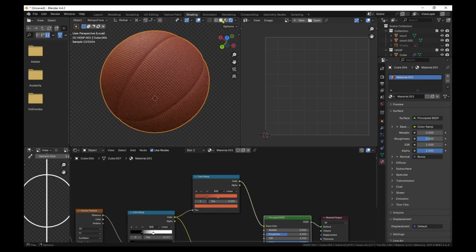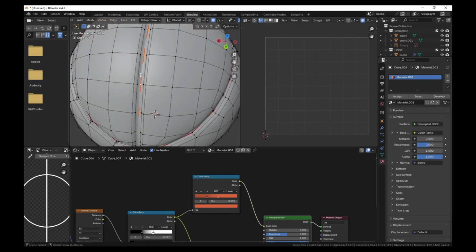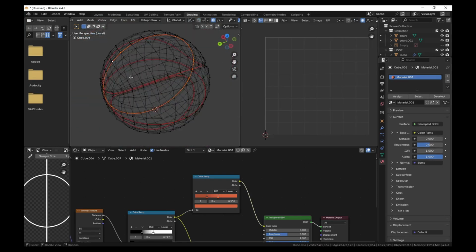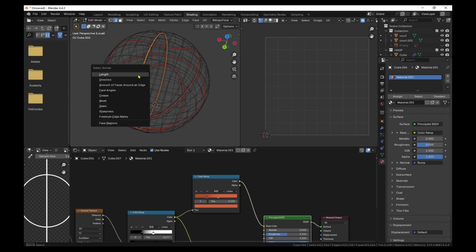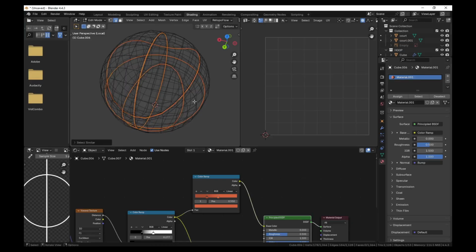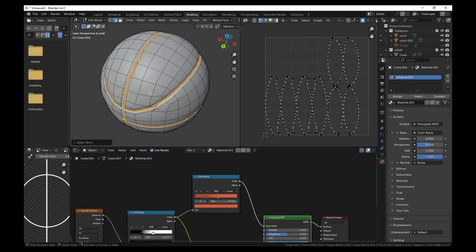So go back to your object preview, select, hold down your Alt key, and then select this edge loop. After I selected one edge loop, press Shift G and then select similar, and then we are going to select, no, we have to go to the edge select mode. While we're in the edge select mode, we press Shift G and then select seam. It's going to select all the seams that you have, and then hold down your Control and then press the numpad plus key to select this, and then come here and then